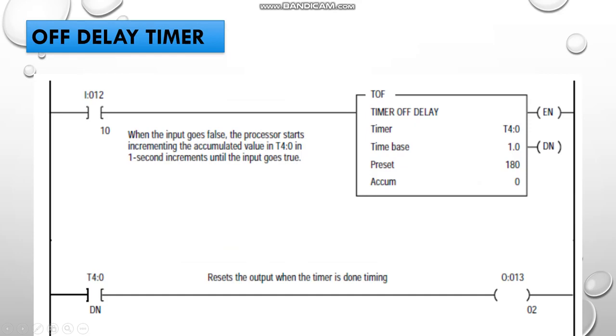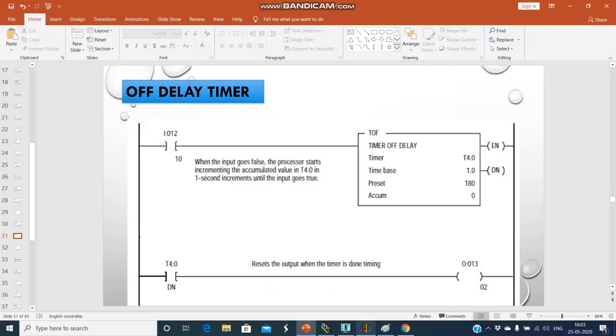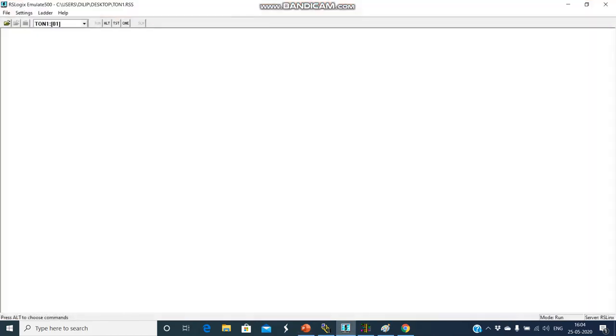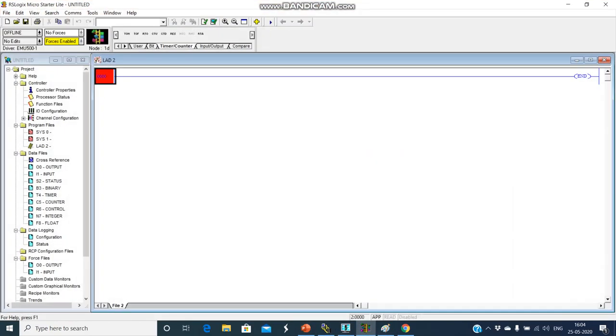So we'll directly go to the programming part. Once again we need to check whether the emulator is running on the back end of the system. The emulator is running. Some file is already present. In the previous case we worked with the T on, so we need to remove this file. We have an option called halt. Press this halt button and you have an option to close. Once you do this, the older file will be removed. Just minimize here and we'll go directly to the ladder programming.